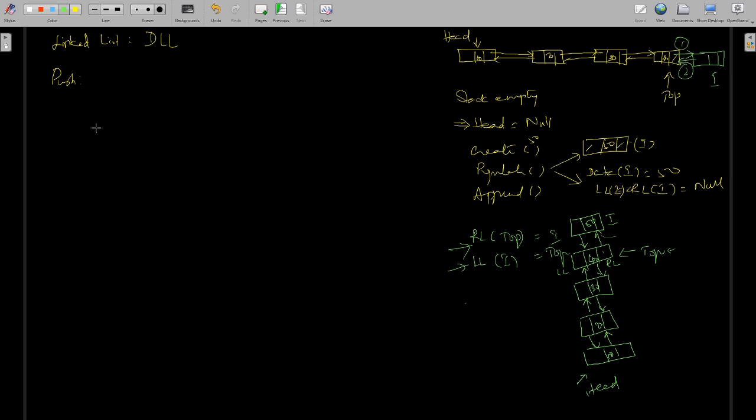Clear? So here, what I'm going to do is, for pushing again, should I check for stack fullness as I did in the case of arrays? No, ma'am. Why no? Because we can dynamically add it again. Very good, exactly. Because we can dynamically add,